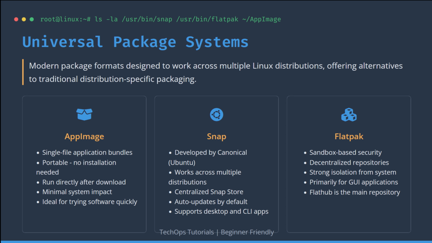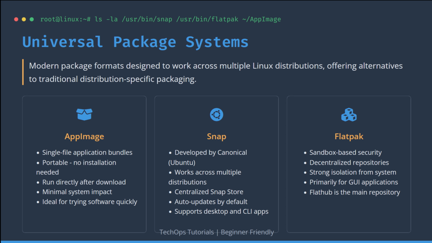Next is universal package systems. Let's talk about some modern package formats that work across many different Linux distributions. These are great alternatives to the usual distro-specific package managers. First is AppImage. It's basically a single-file application that you can just download and run. No need to install anything. It's portable, has minimal impact on your system, and is perfect if you want to quickly try out some new